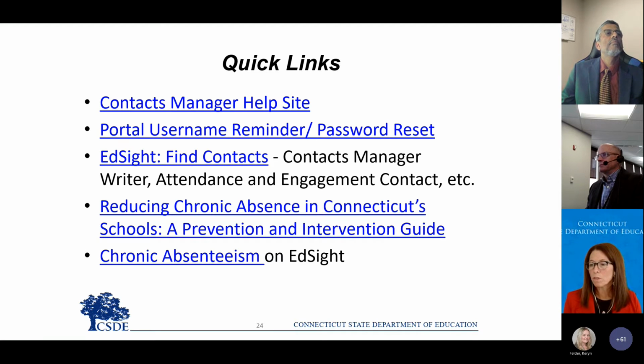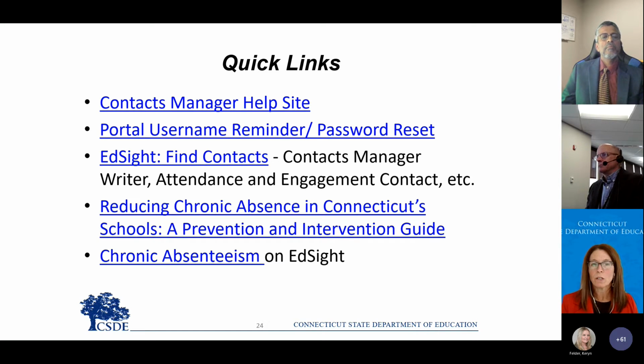So just a quick review of some of the resources. I know Jennifer asked in the chat whether or not the slides will be shared, and they will. I will send them around to everyone who registered as soon as I have a link to the recording. That'll take me about a day, but you'll have the slides and you'll have the recording. You can share it around with whoever you think might be interested, and that way you'll have direct links to